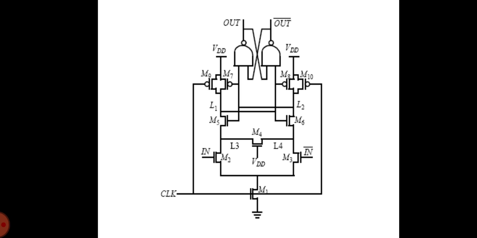The outputs of the front end are fed into a NAND cross-coupled SR flip-flop that holds the data and guarantees that the differential outputs switch only once per clock cycle. The differential inputs in this implementation don't have to have rail-to-rail swing. The core of the front end consists of cross-coupled inverters M5 to M8 whose outputs, that is L1 and L2, are pre-charged by using devices M9 and M10 during the low phase